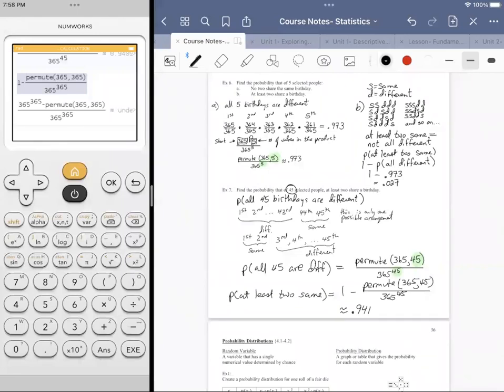But generally what your gut is telling you to do is probably not what you're supposed to be doing. So you have to diagnose and think to yourself, is this something that's talking about arrangements or order being important? And if that's the case, then there's going to be a permutation involved,